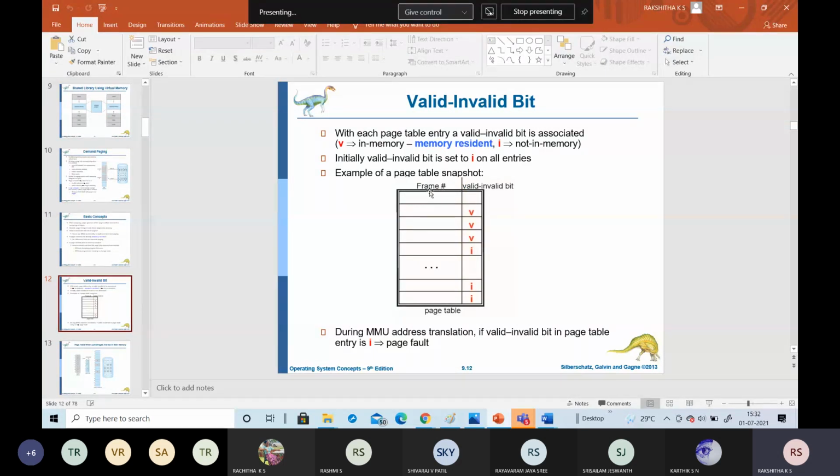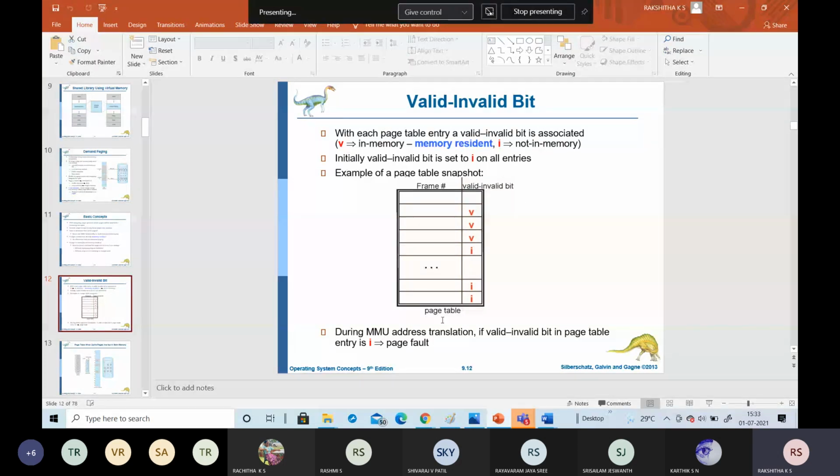Okay, so for example, this is a page table. The page table contains the frame number followed by the valid and invalid bit. If a particular page number is associated with a frame number and it is a valid bit, then it can be loaded into the physical memory.